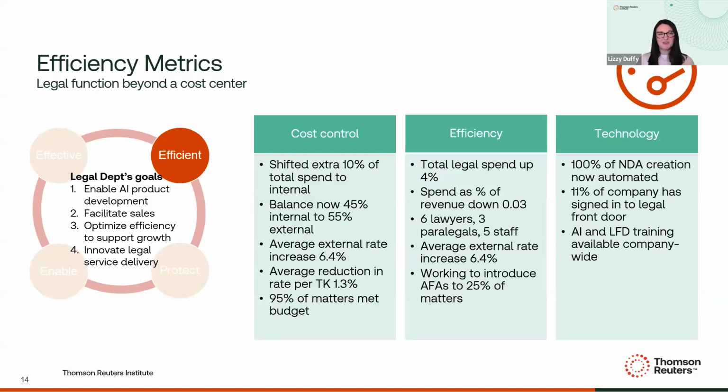All right, so we're digging into efficiency metrics, and here our goal is to be seen not as a cost center, but as an efficient operator. So we at TriClad have our 3 areas of target. We've got cost control, of course, efficiency, and then we want to use technology to speed things up and get better quality results. So some data points here.